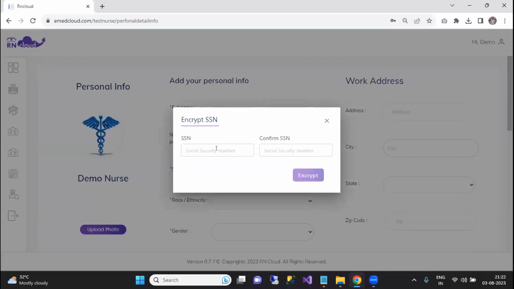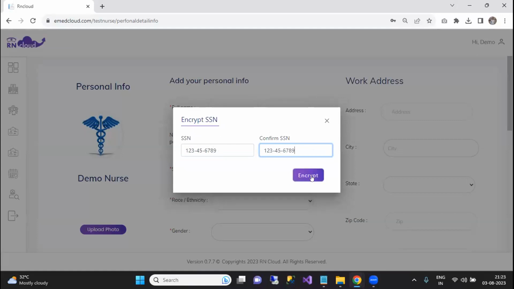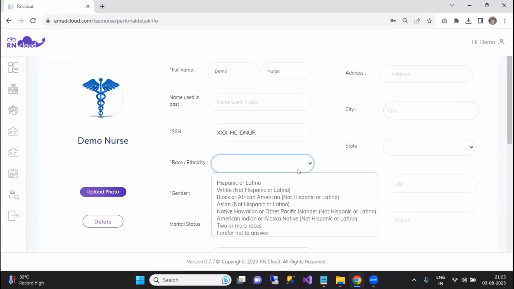Yeah, and here there is a SSN. In here, we have encrypted the social security number for protection of data for the nurses. And